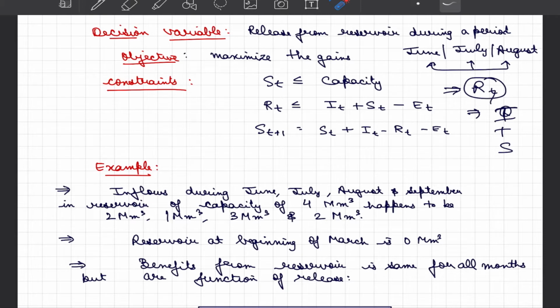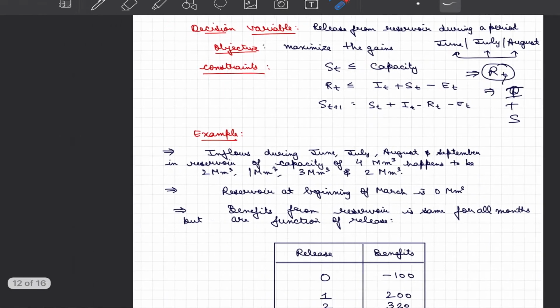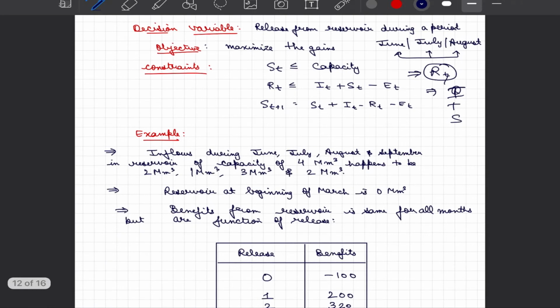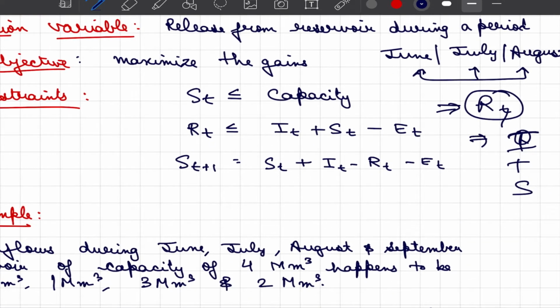So one constraint is that each reservoir is going to have some capacity, because as I said, if the water level exceeds the top of the dam, then we would have spillovers here. Basically our storage has to be less than or equal to the capacity, because you cannot store more than the capacity for which you have built the dam. Also, your release should follow the continuity equation. That means your release should be less than the total amount of resources that are available.